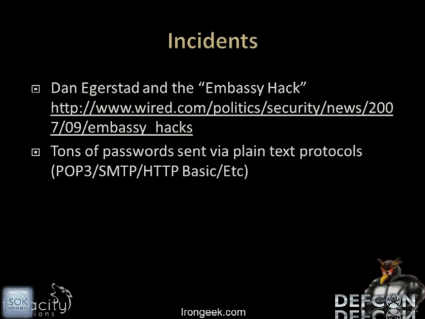What Dan did was set up his own exit point and start sniffing the traffic to see what was going on out there. Not exactly the best way to keep yourself private if you're using Tor for those sorts of functionalities. So keep in mind, if you're using Tor, be careful what you send out there. You're only as anonymous as the data you request and send.